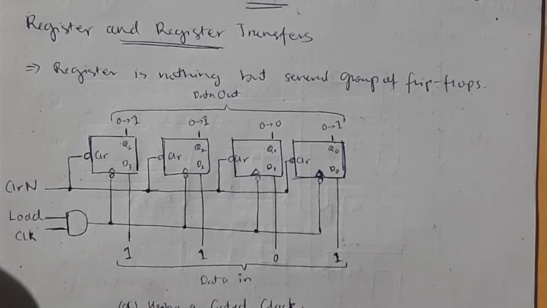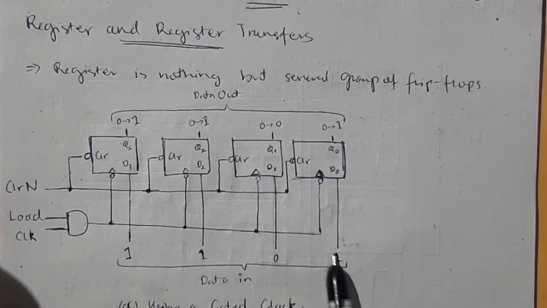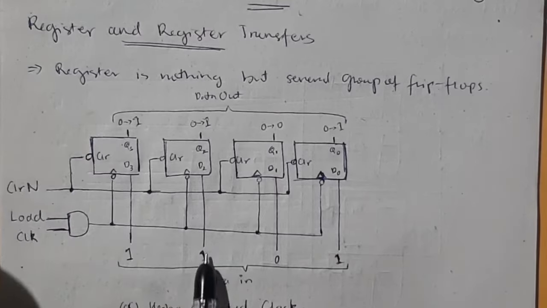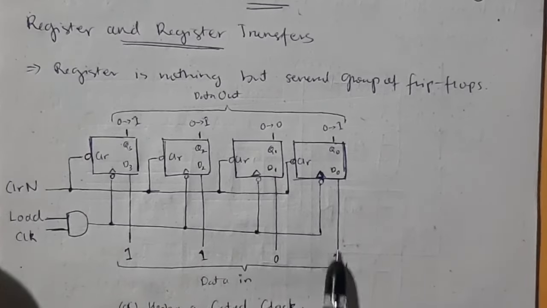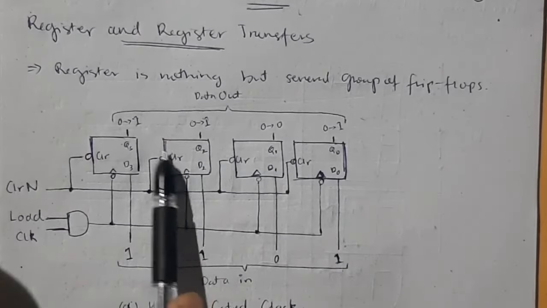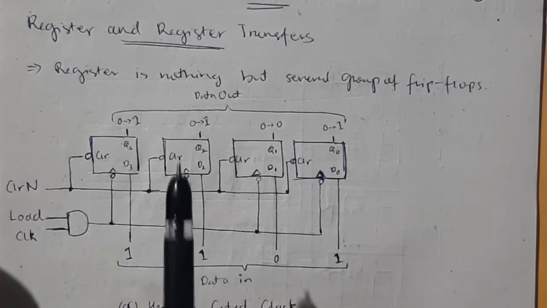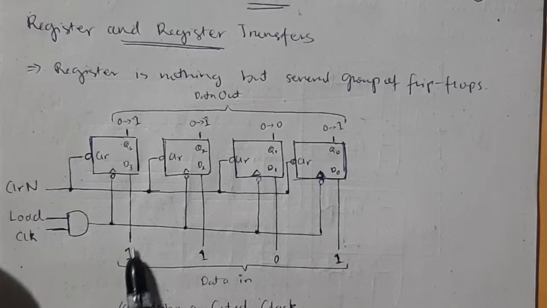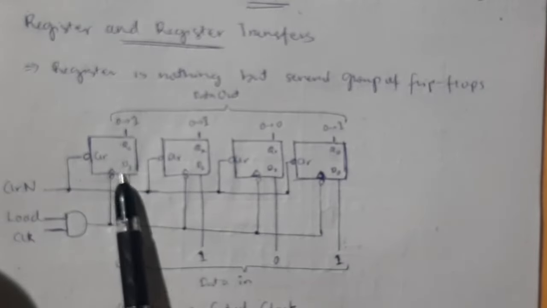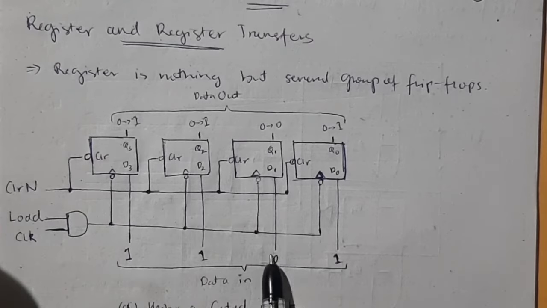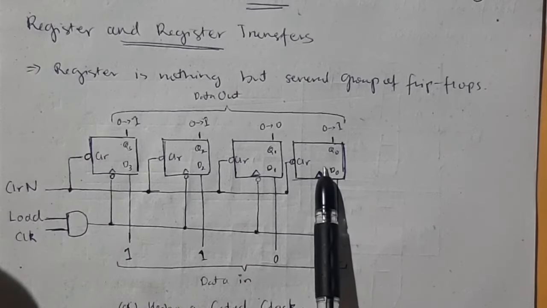Okay, now suppose I want to store 1101 in memory. So you can put 1 inside this box, 1 inside this, 0 here, and 1 here. So these are the boxes which store ones and zeros. That is known as a register. Now how it stores, it is like this. It's a D flip flop, so when D3 is 1 and D2 is 1, D1 is 0 and D0 is 1.